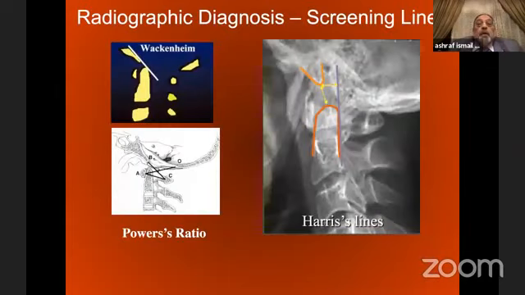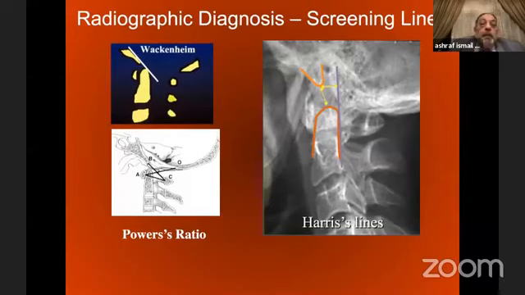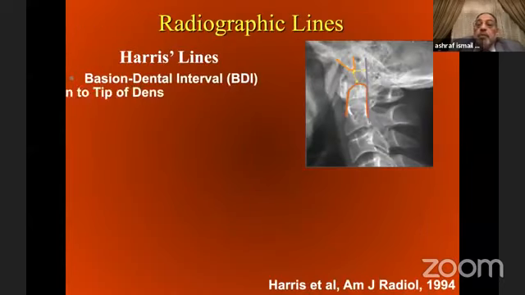Some radiographic lines were used before the era of the CT and the MRI, which were the Harris lines, Wackenheim lines, and the Powers ratio, but all are of little importance nowadays. The Harris line, we use the